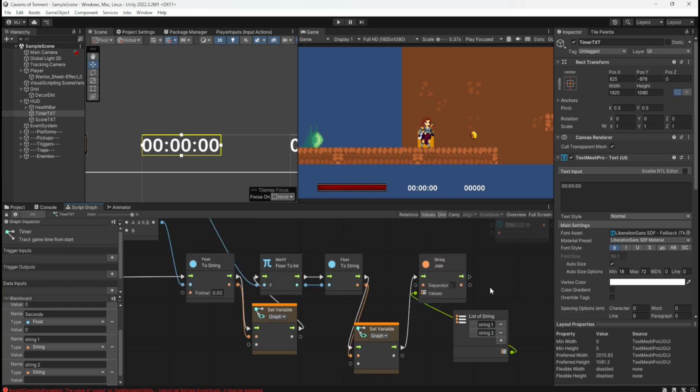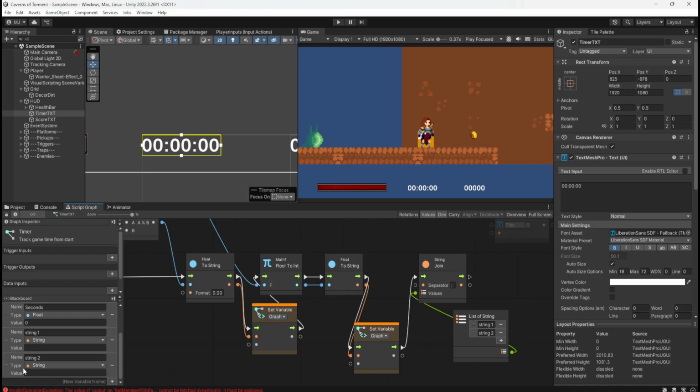Can we not do that? Would that not work? I'm sorry that looks a bit messy, but I just created 2 string variables.